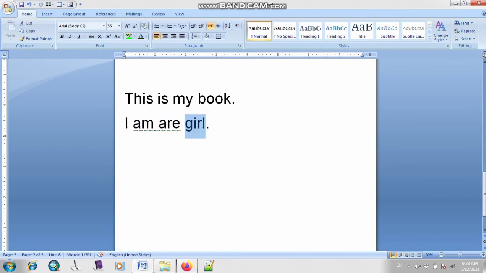So when you are using it for one person, you have to use is. And when there are a lot of people, many people, then you have to use are. Because I have written the wrong sentence, wrong grammatical errors, that's why this line is appearing under the statement. So how can I change it?